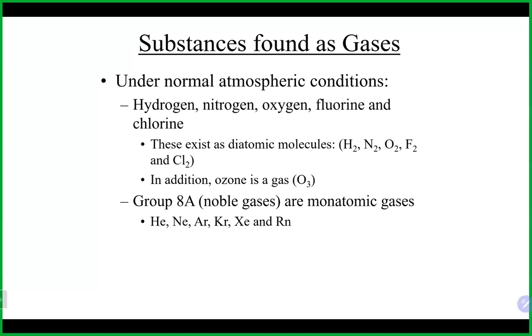Obviously, group 8 on the periodic table, the noble gases, are also going to be gases under normal conditions. Those noble gases are monoatomic, which means they come as ones. Unlike hydrogen, oxygen, and nitrogen that come as twos, those in group 8 come as one helium, one neon. They're not attached to a second atom. Ozone, which is O3, is also a gas under normal conditions. It's also why we put sunblock on sometimes, and depending on where it is in the atmosphere, it could be good, it could be bad, actually.